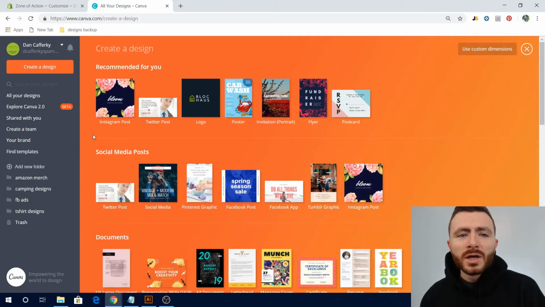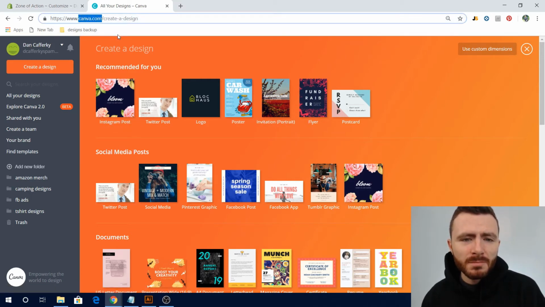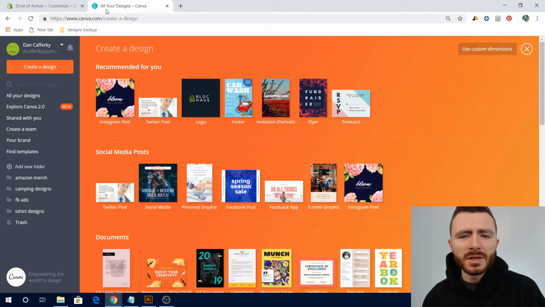Okay guys, so the next tool that I really recommend that you get is called Canva. If you go to canva.com, it might look a little bit different because I'm already signed up here, but basically I use Canva to create all of the graphics for the website. I've used it to create text-based t-shirt designs. I've used it to create Facebook ads, Instagram posts, basically anything that requires you to size something correctly, I use